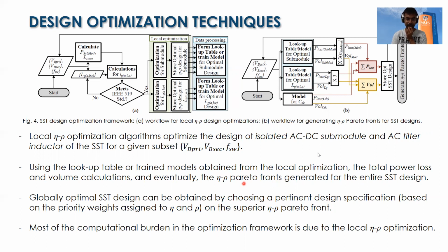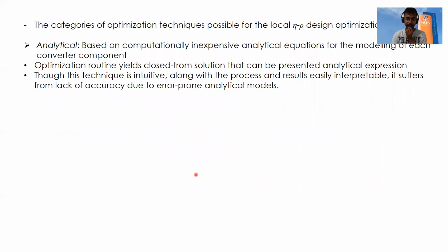Now, the globally optimal SST design can be obtained by choosing a pertinent design specification on the various Pareto fronts that you get, and you have to choose the most superior of them that gives the best efficiency and power density. Now, most of the computational burden in the optimization framework is due to the local iso-FSW optimization, and this